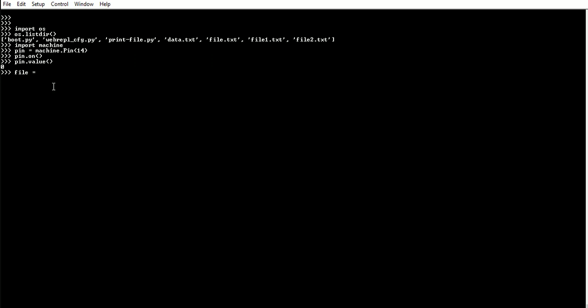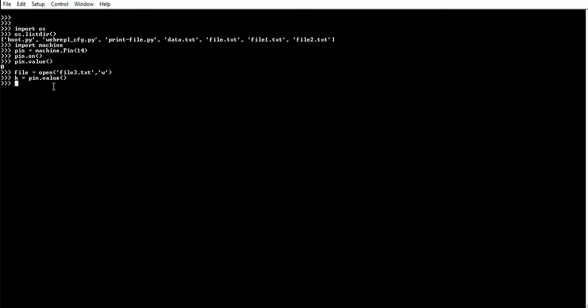So let us assume we create a file. We will create a file3 with a write option. Okay, so we have created a file and then what we can do is let us assume we read the value of pin to k.